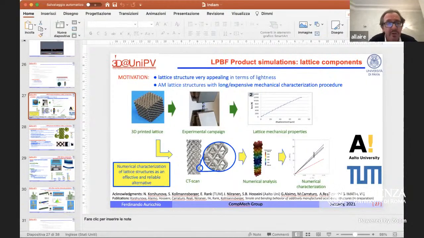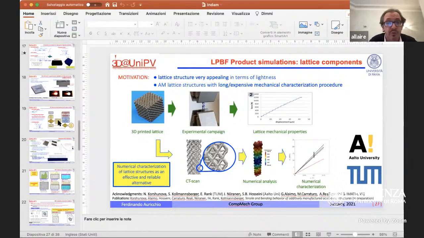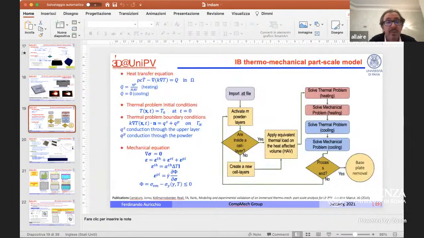Then I have a question, because I was very much interested by your macroscopic simulation. For example, you simulate the heat equation to compute the thermal stress at a macroscopic scale. So I have a naive question, not so naive. How do you find the material properties, let's say the thermal conductivity of the powder? And my second question would be, is it really important, or should you do some calibration by comparing with some experimental measures in the end? How do you find those material properties for the powder?